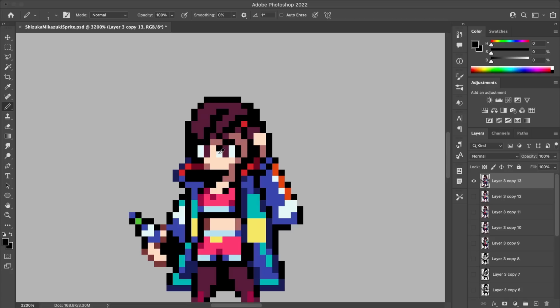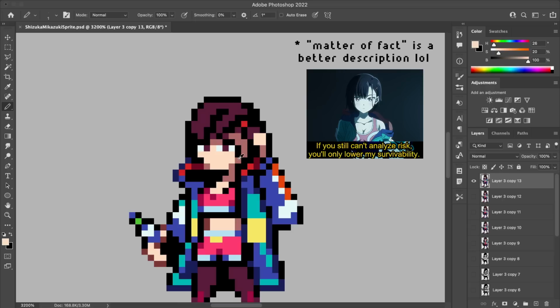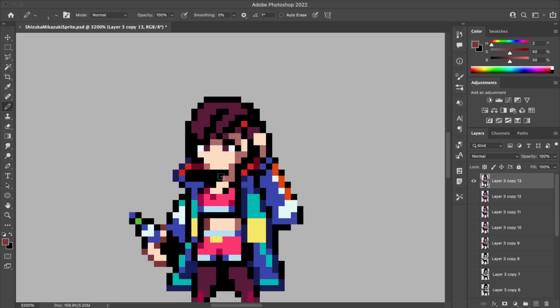I feel like Mikazuki here is a bit more mysterious and harder to read in her character. So instead of something that's super expressive, I'm going to go with a flatter, neutral appearance. At this point, I'm making some really nuanced decisions about the placement of individual pixels and subtle shading and all this. So I think we'll move along to looking at the final sprite, and I'll just share a few of the final changes from there. So here we go.